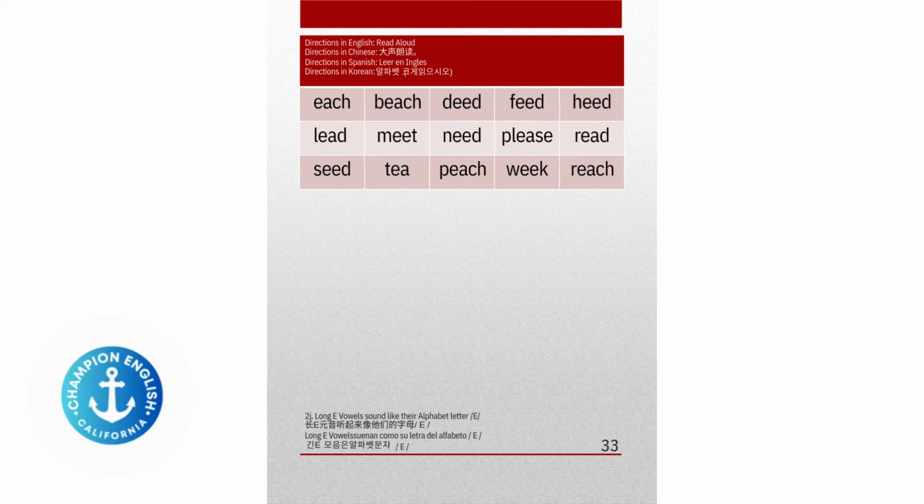Okay, students, here we go. And now we're going on to the long E sounds. Can we say that together? E, E. That's right, students. It's E. And the first word is each,